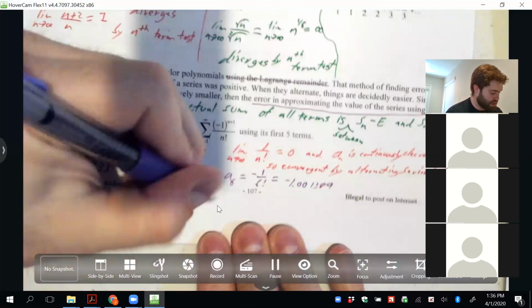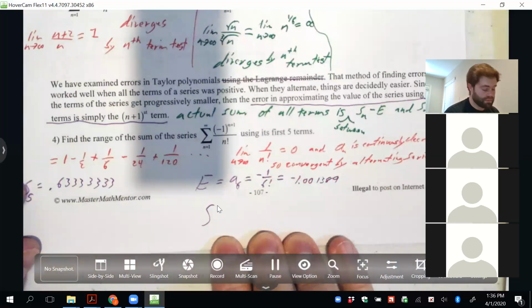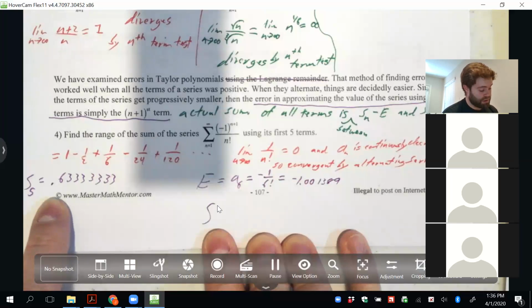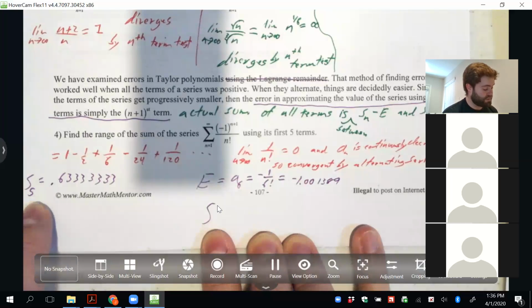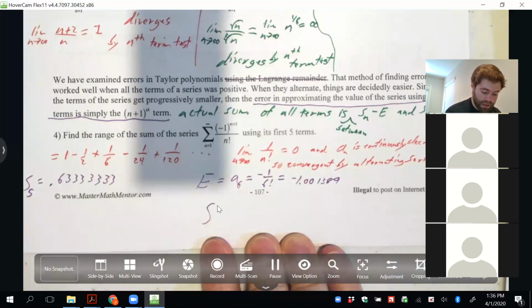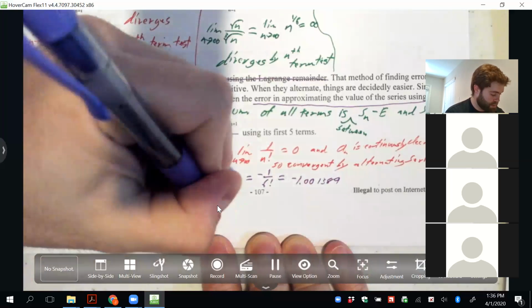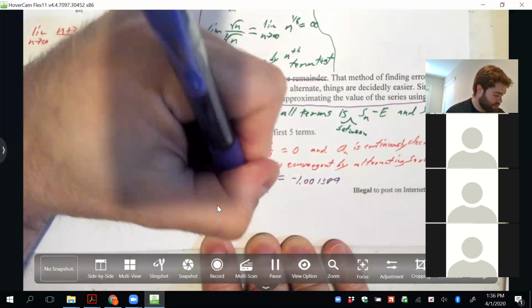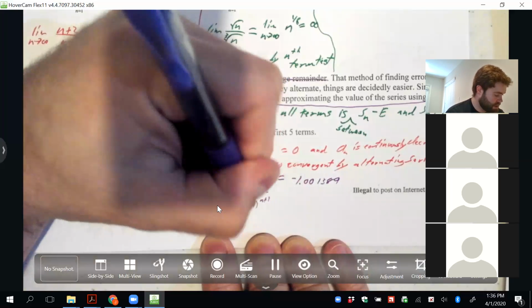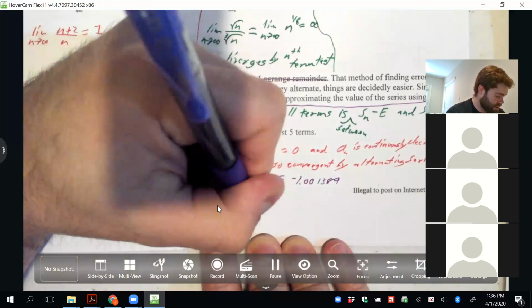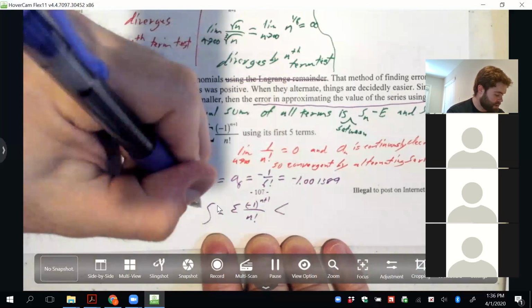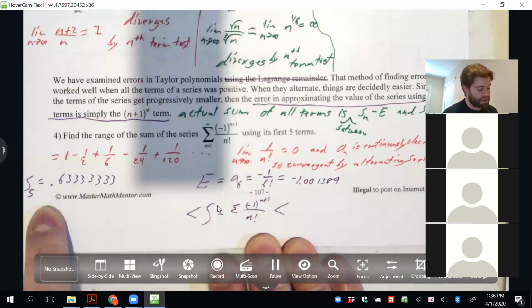meaning the actual sum is going to be somewhere between the summation of the first 5 terms plus the error and the summation of the first 5 terms minus the error. And when we do that, our actual sum, which I'll rewrite for you, which is negative 1 to the n plus 1 over n factorial, is going to be less than the first 5 terms added together plus the error, and then greater than minus the error, which would be about